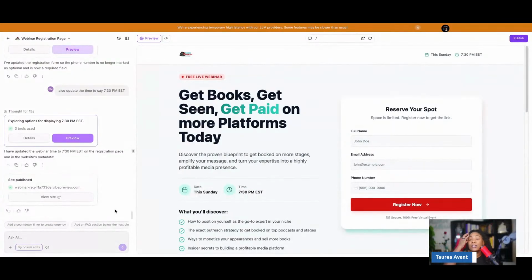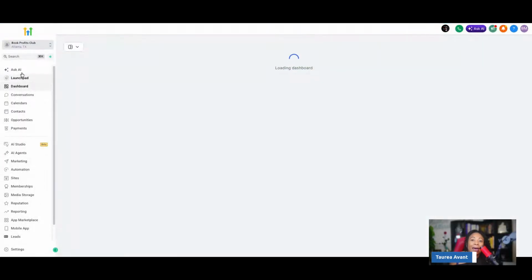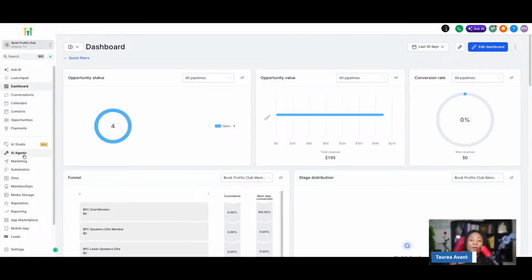Though I probably would not use this to create a website anymore, because I want to be able to drag and drop and edit. With the new AI features, you can do it directly on the capture page. But this is also a really cool place where you can do some of the social media, and you can also ask AI. And then you have AI agents.